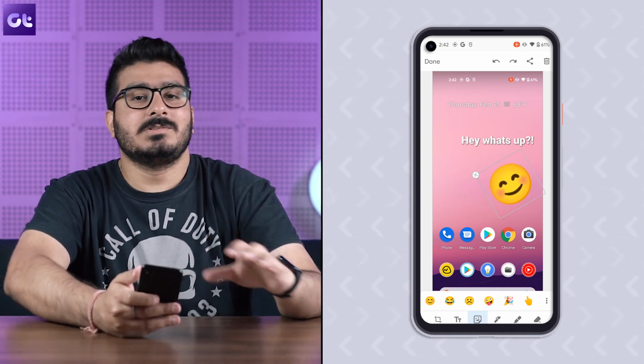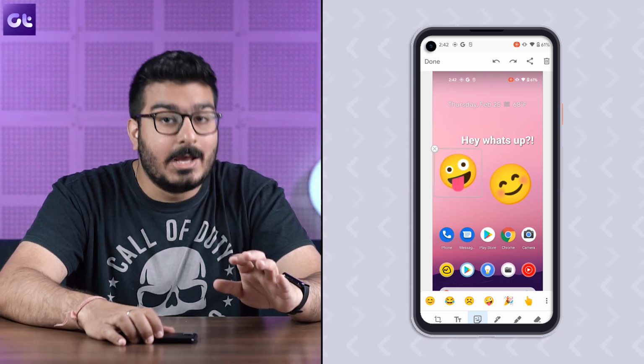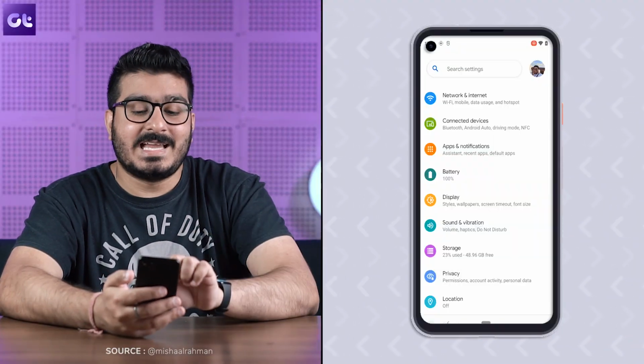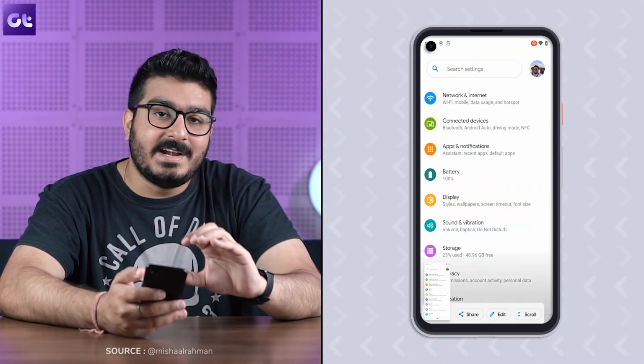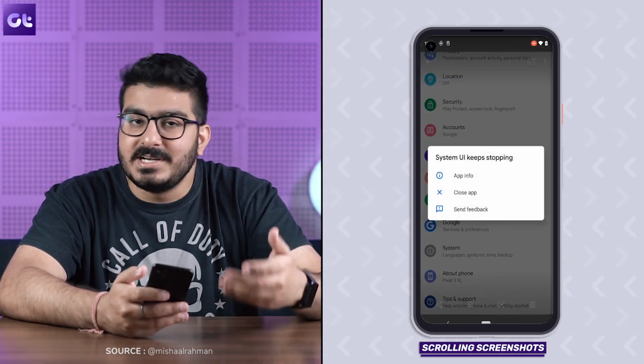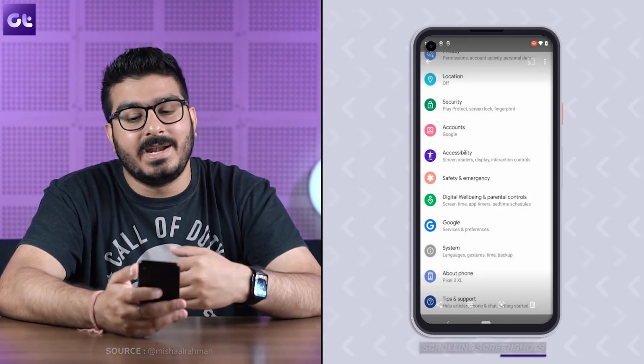So yeah, now also another feature that we weren't able to enable right now but is existing on Android 12 is scrolling screenshots. It's pretty broken right now, so rest assured I did not really put in much effort into trying to enable it. It's not that well functioning, but basically what happens is when you take a screenshot by pressing the power button or the volume button, you'll get this icon, but right next to the edit icon you will get an extend option, which will basically be a scrolling screenshot, an extended screenshot, or a long screenshot, or whatever you want to call it. Right now it's broken, so let's not talk about it.